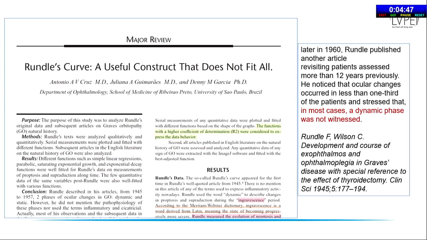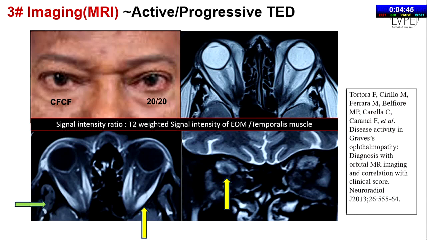The third thing I want to bring in is that a lot of people now depend upon imaging, MRI. There are several parameters we look at. What I've tried to show with a yellow arrow is a signal intensity ratio, which we tend to follow quite often. But again, a very nice article by Louis Mon talks about not only signal intensity ratio, where you compare the intensity of the extraocular muscle with, let's say, a temporalis muscle or anything outside the orbit within the same field of view,